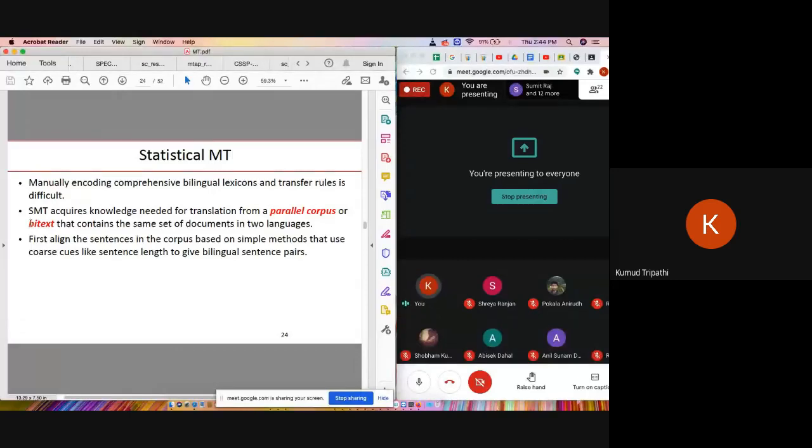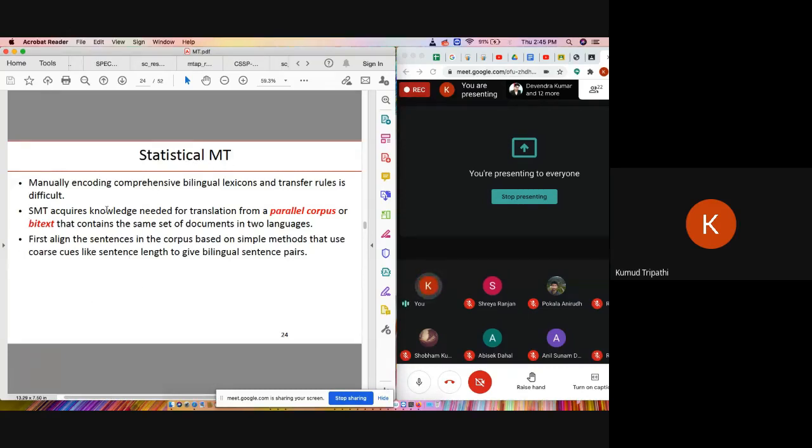So here we'll discuss the points. Manually encoding comprehensive bilingual lexicon and transfer rules is difficult. This, as we have seen, means manually converting one language into another is very difficult, very challenging. Okay, and